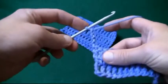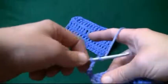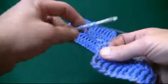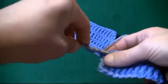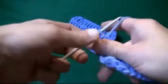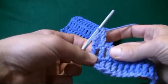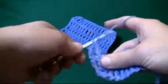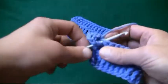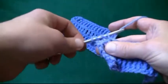So it's all in the matter of wrapping our needle. What I always do, I have a little slogan. I wrap and I wrap, so count that out twice, and then I just say go into the gap, but that means to the very next stitch. So just to the next stitch on the row, right above the very next post available on the line. So what we need to do is wrap and into the gap, or stitch, whatever you want to call it. So you go in, grab your material, pull it through, and now you'll have 4 on your hook. So let's pull through 2,